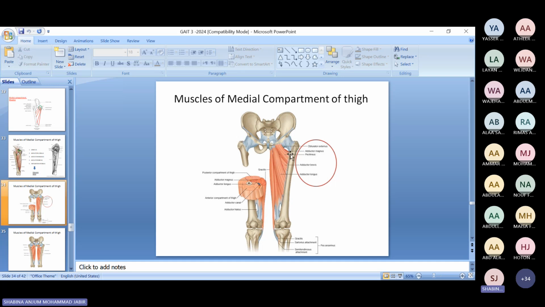So here to see this muscle, we have cut all the anterior compartment muscles, right? All the muscles of the anterior compartment have been cut, and here you can see